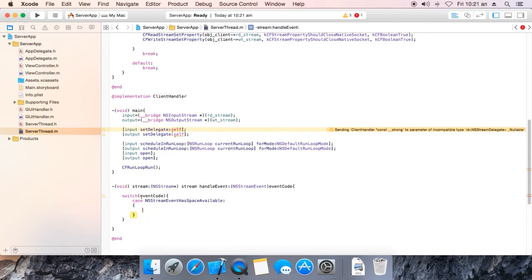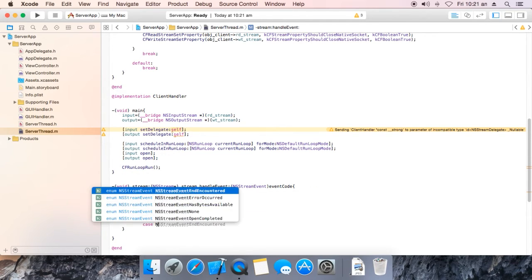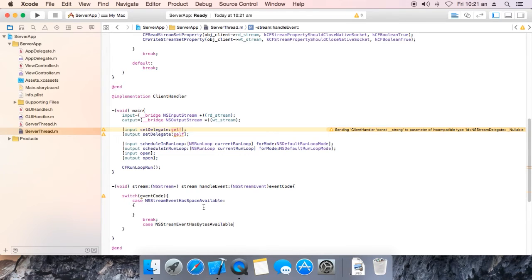Okay, now second is case NSStream event has bytes available for write. Break. Okay,